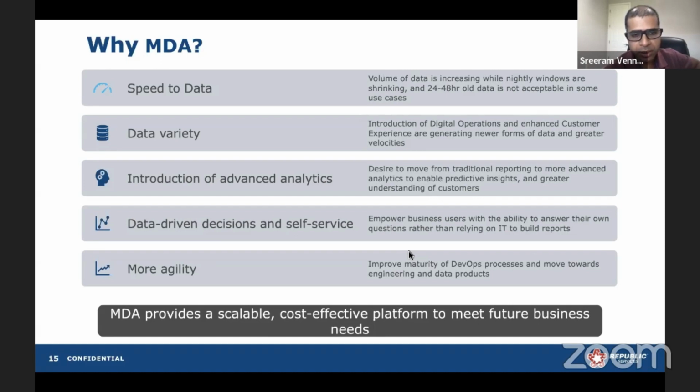Any traditional data platform wouldn't satisfy all these needs. So we started investing in modernizing the data platform. We spent significant effort identifying what the modern data platform should be like, and worked through a couple of years fine-tuning how the data platform should look. And we ended up with an architecture that is more agile, more focused towards business outcomes, and able to handle a variety of data at whatever speed it comes through. So we'll quickly go through